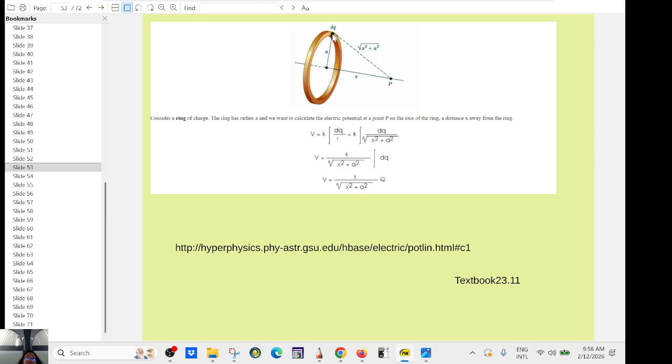So now you take the dq and you find the dv at that point. You want to find a variable of integration; x is fixed, a is constant. So you just have dq, and that's what you get. So this one is a very easy integral. You just go around the ring. Now, if you take the integral,